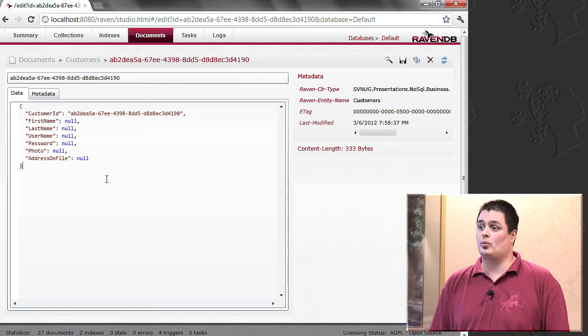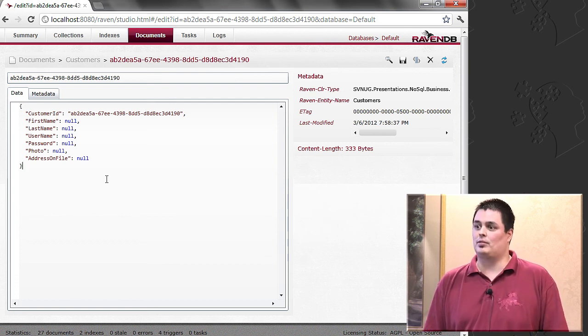Now, what happens to the old one when he reads in one that didn't have it? It's like any other object. The value it has is what it would be in the constructor. So if it's a string, it'd be null. If it's a value type, it'd be 0. And for the most part, it works. Now, if you delete it, same thing. It doesn't care. It just says next time you go to save it, it's going to disappear.